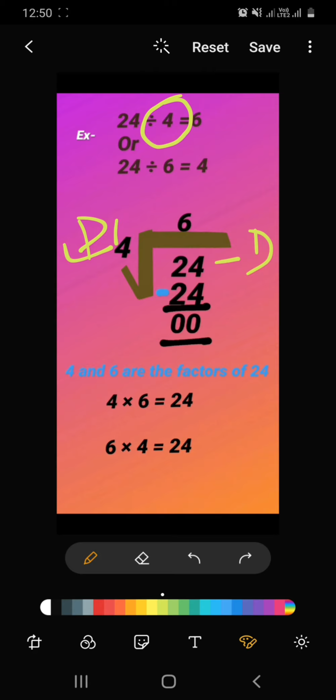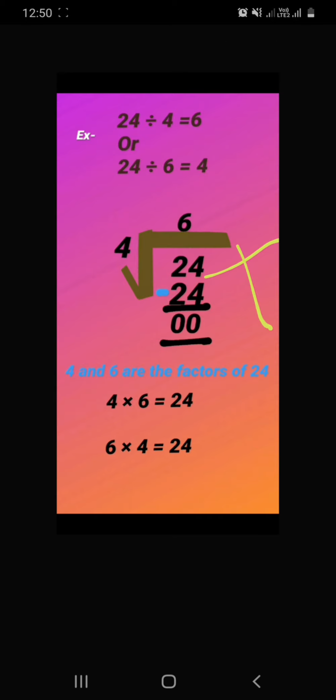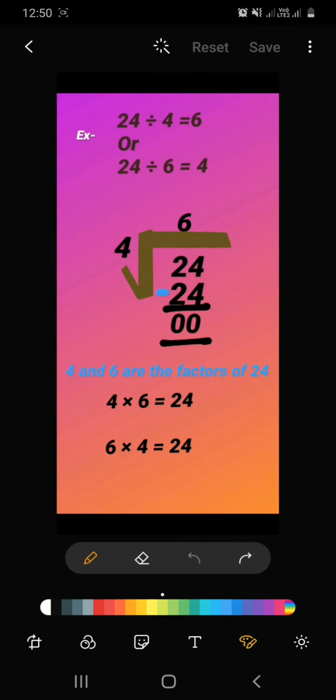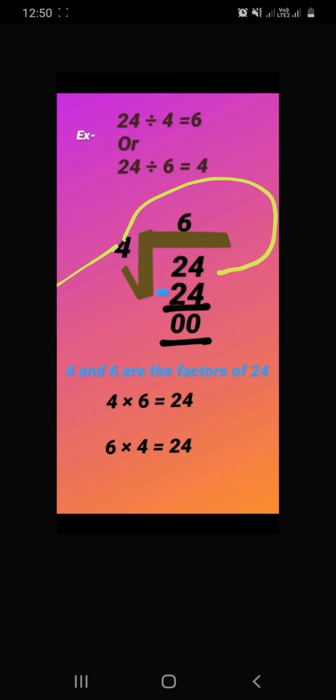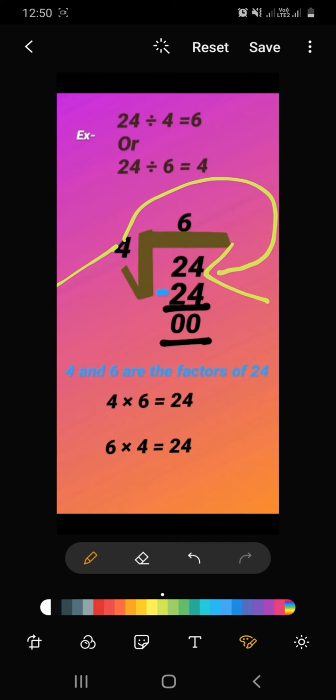Okay, and where we have to write the answer, and for answer we have to read the table. So what table we have to read? 24? No, we have to read the table of 4. और 4 की टेबल हमको कब तक पढ़नी है? जब तक कि हमारा आंसर 24 नहीं आ जाता. Until and unless we get 24 या 24 से कम नहीं आ जाता, till then we will read the table of 4. So we shall read the table of 4, and what we have to get is 24.